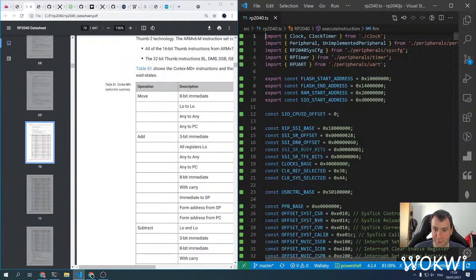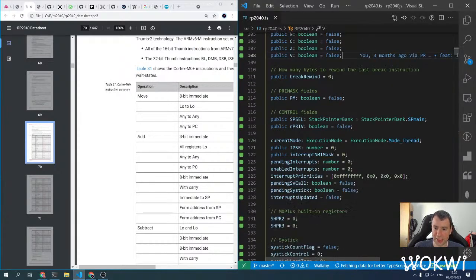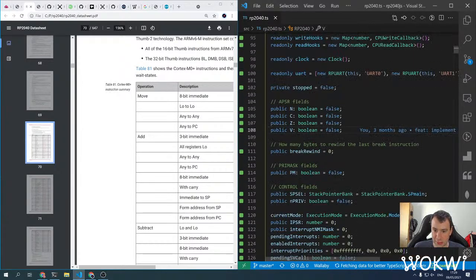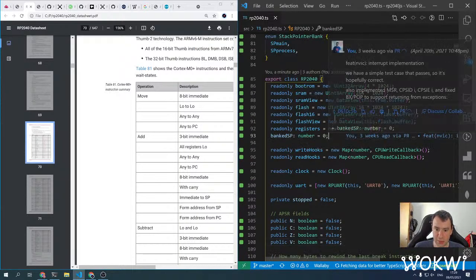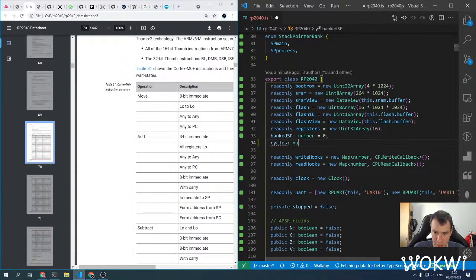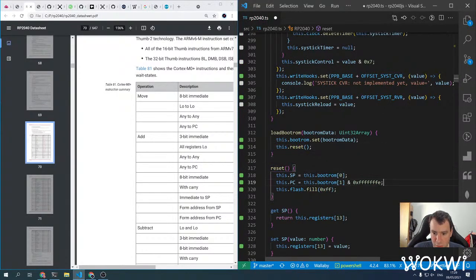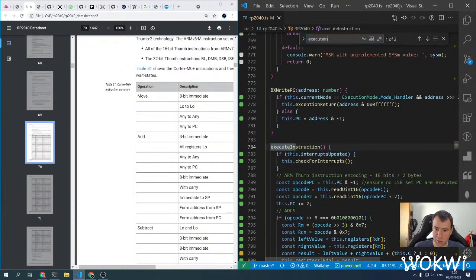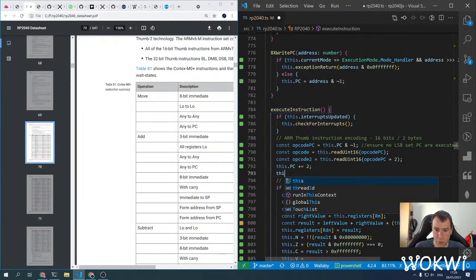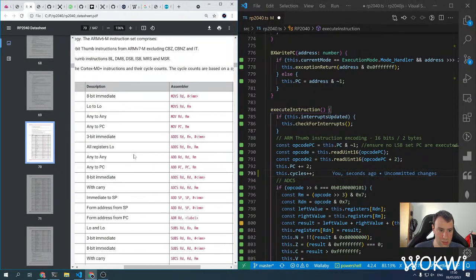Let's have another field called cycles, and have it next to all the registers. Where are they? Like, yeah, cycles 0, and then I think we have a reset method, so we can also have this dot cycles 0, and then in execute instruction we also increment these dot cycles, and for specific instructions like this